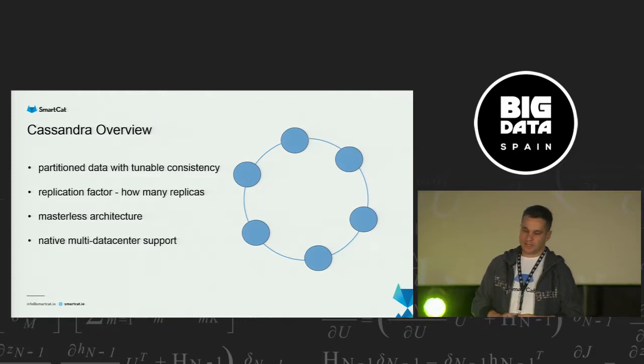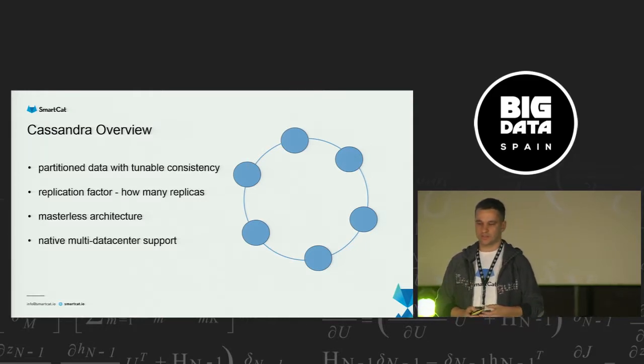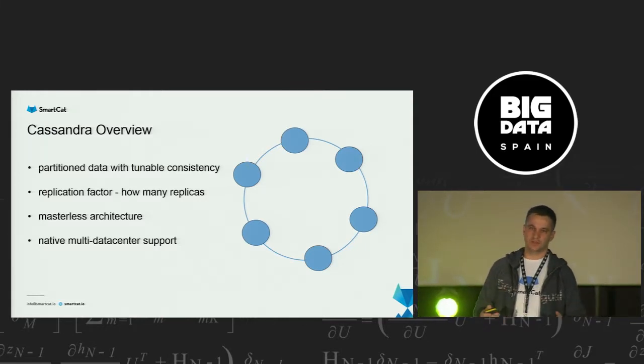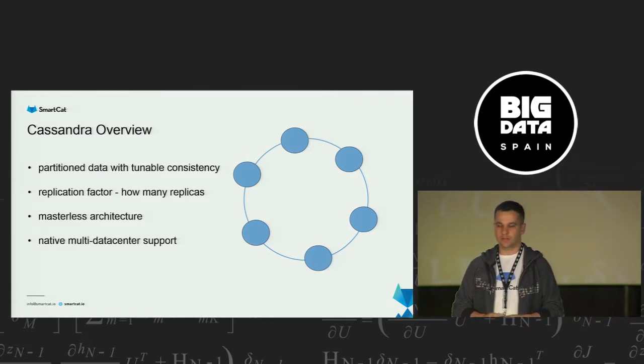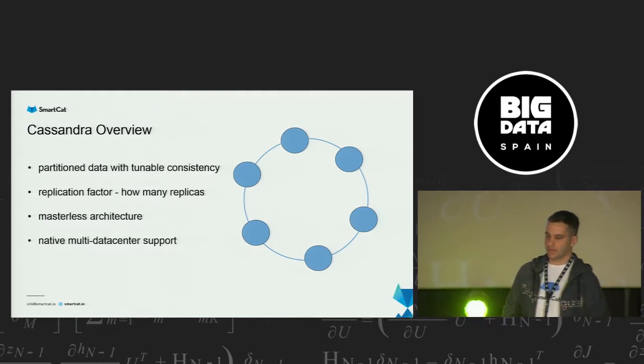And what is nice is native multi-data center support. We will see this later on, but out of the box you can deploy a Cassandra cluster into 2 data centers, and you can have resilience in case one falls down. You have still the other alive, and both driver and cluster knows how to handle